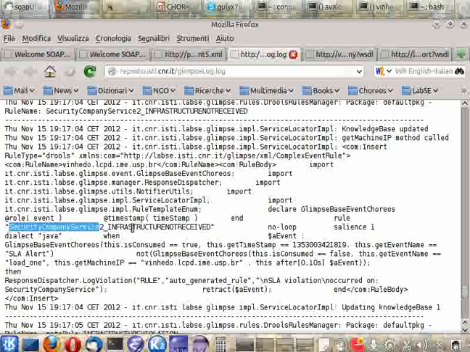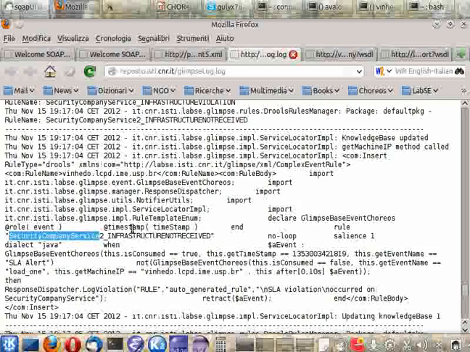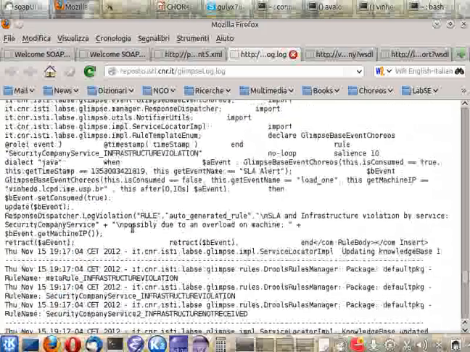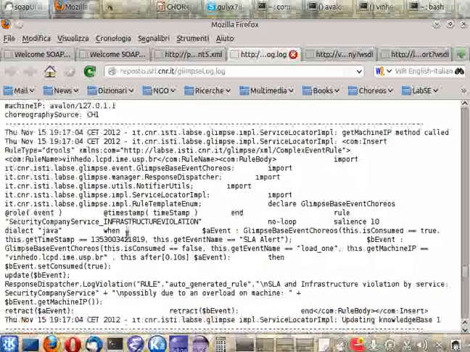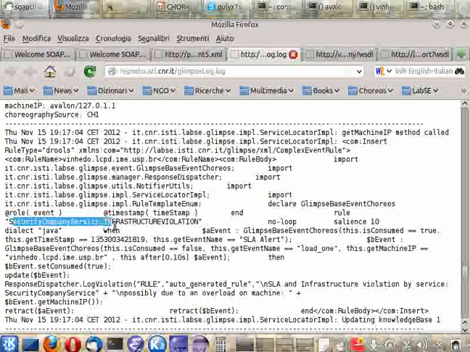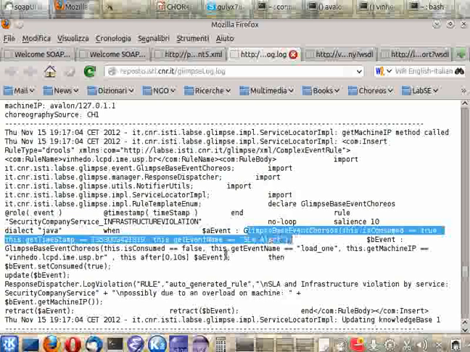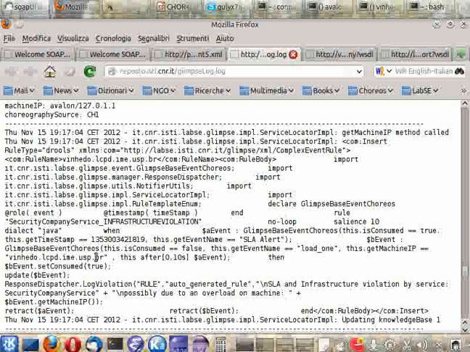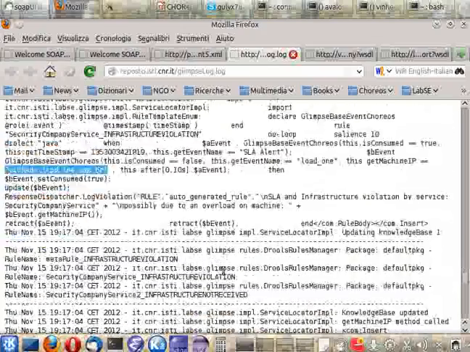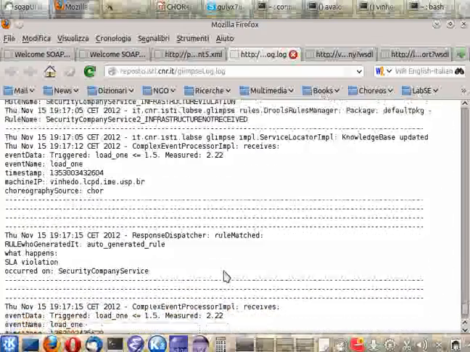So this is the name of the rule. Somewhere it should be written also, but I cannot find it anymore. Okay, but I can find it in these other rules: security company service infrastructure. So actually the CP generated a set of rules that aim to dynamically discover the violation. Okay, so far so good.